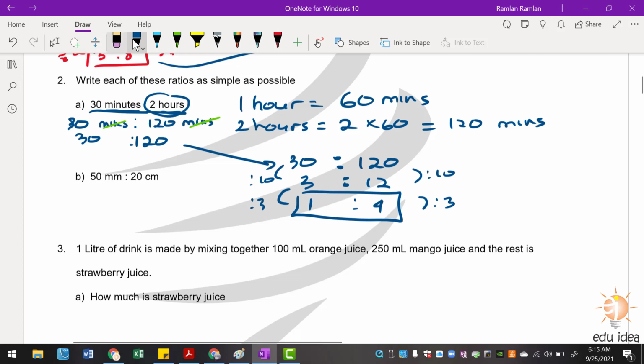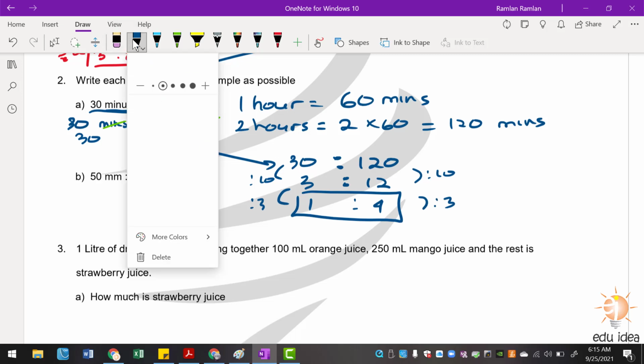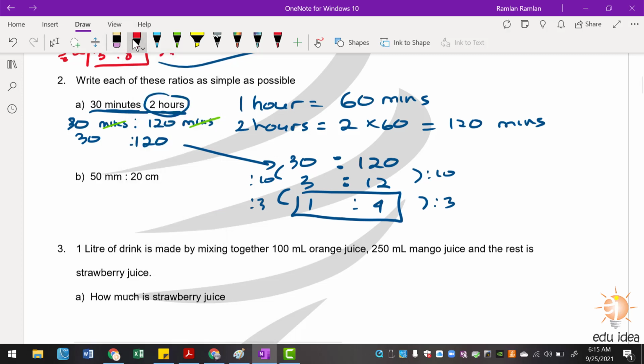Okay, so for number 2b, actually it is the same thing. We can just convert that unit because this one here has the same dimension, so you need to convert this so that they have the same unit. Because millimeter and centimeter are both dimensions of length, right? So we can convert them. So I'm going to convert the centimeter to millimeter. We know that